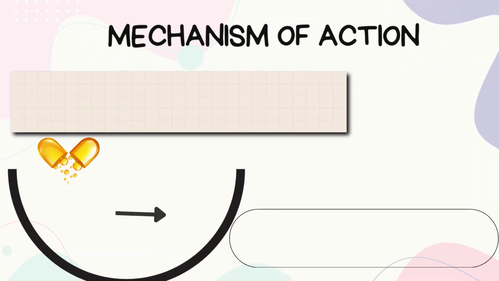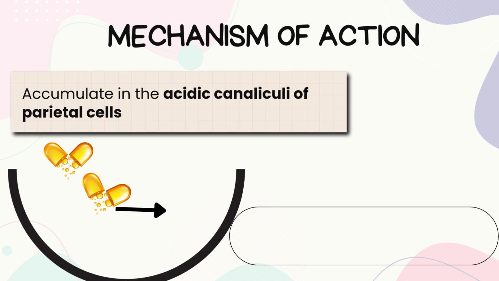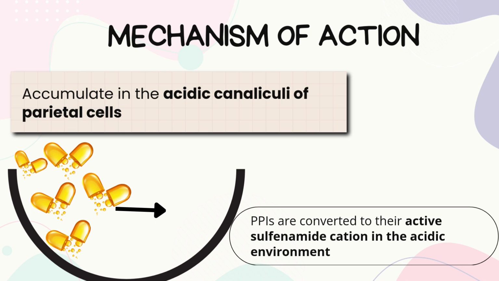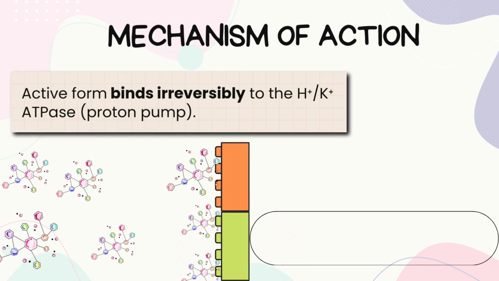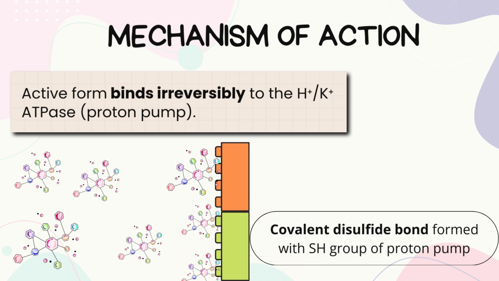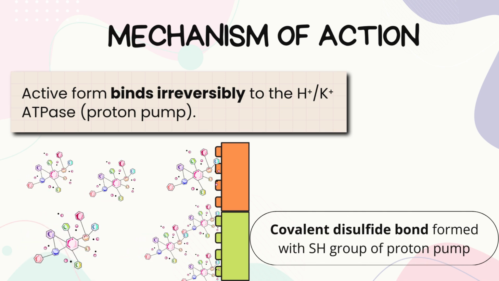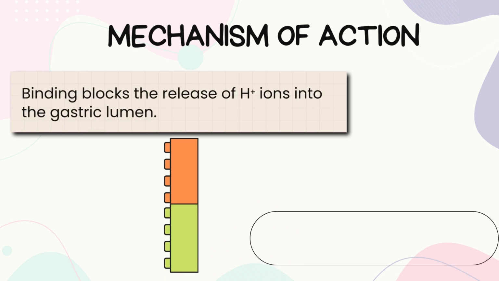The PPIs then accumulate in the acidic canaliculi of the parietal cells, where they are converted to the active sulfenamide cation in the acidic environment. This active form binds irreversibly to the gastric proton pump. It forms a covalent disulfide bond with the SH group of the proton pump. This binding blocks the release of hydrogen ions into the gastric lumen, and thereby effectively blocks the final step of